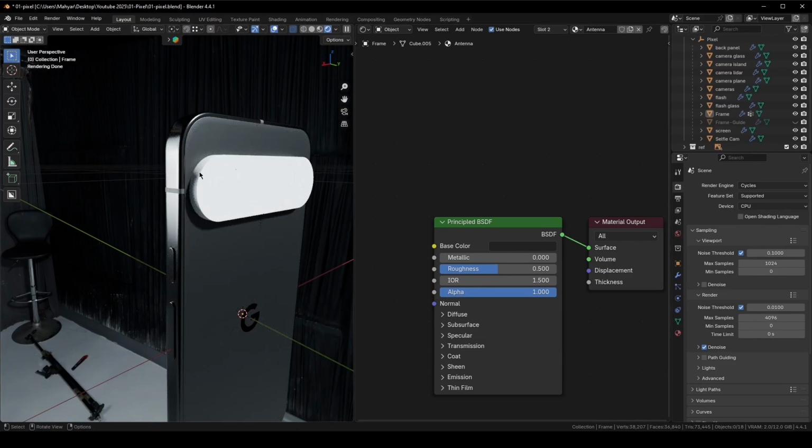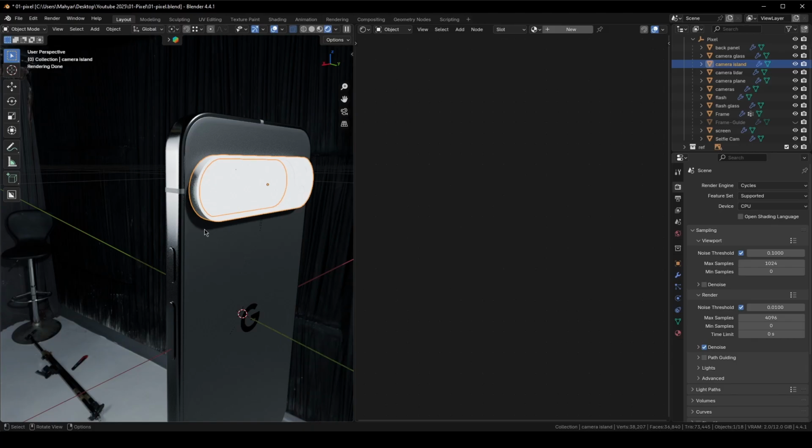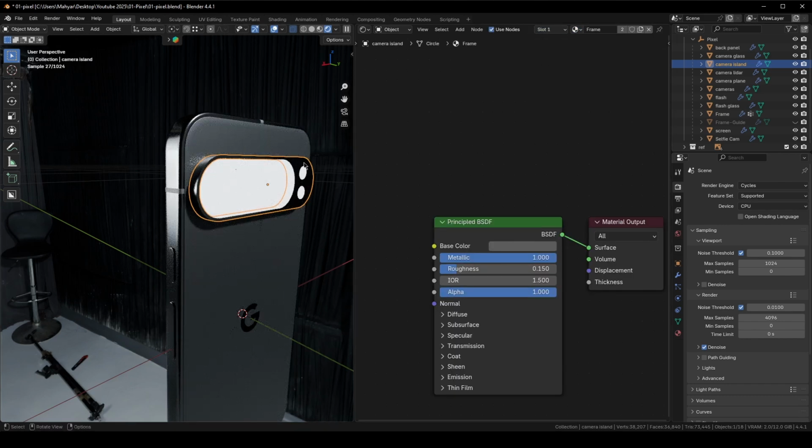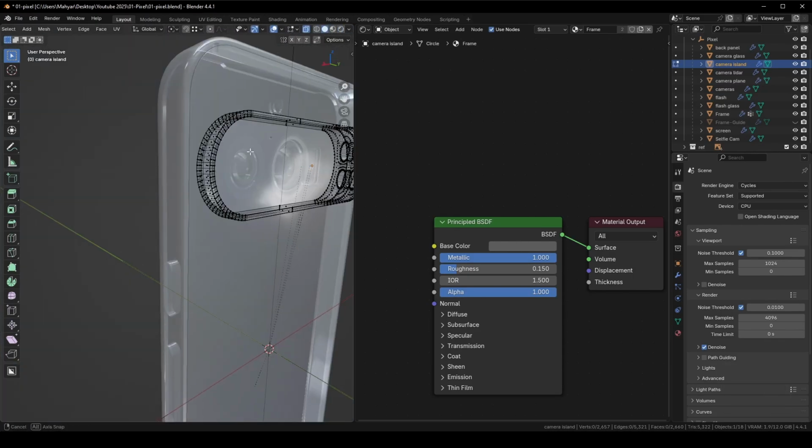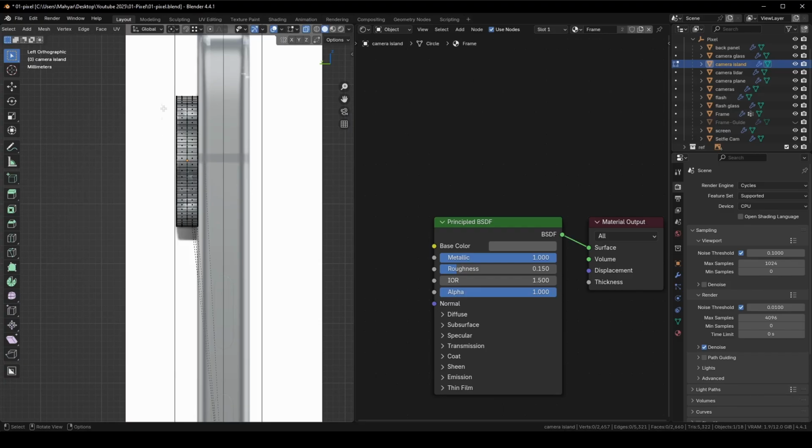Now for the camera frame, I want to use two sets of materials. The material of the rail around the camera island is shiny metal like the phone frame, but the surface parallel to the back of the phone is somehow matte. I set its material to the one we used for the frame, but I select the back surface here,